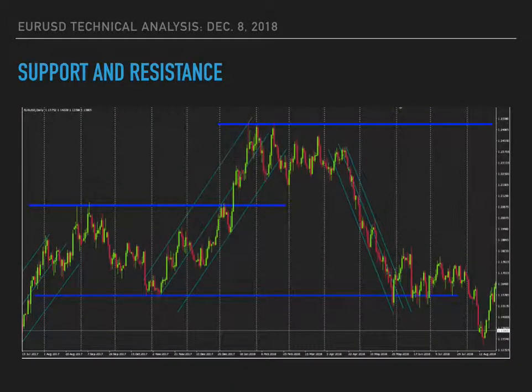So now that we have defined that, we can move on to support and resistance, where the market had moved up, hit a level of resistance, sharply moved away, and hit a level of support, struggling here, and then entering a trend channel